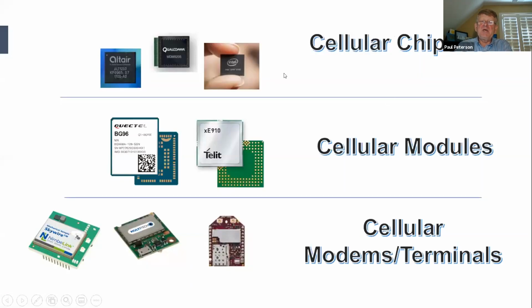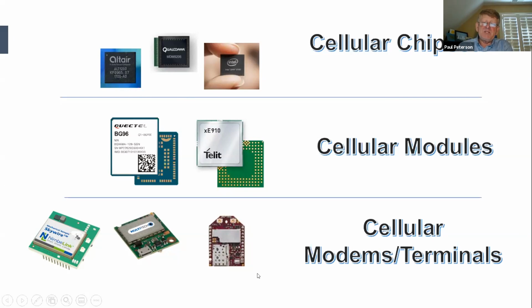Again, cellular chipsets, we almost universally don't recommend unless you're at 1 million pieces plus. Most of these vendors don't even engage unless you're someone like the name of a fruit company or a major cell provider implementing the cellular chipset. Cellular modules, we absolutely endorse, but keep in mind, modules don't carry the necessary certifications. They still have to be carrier certified.